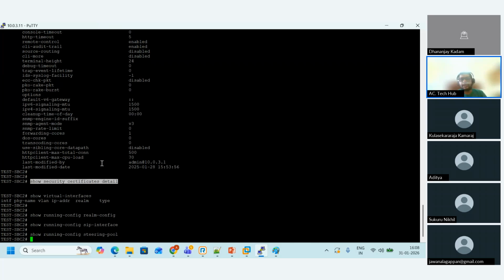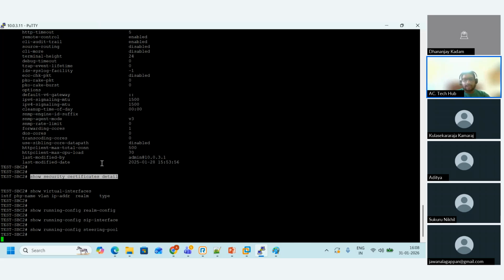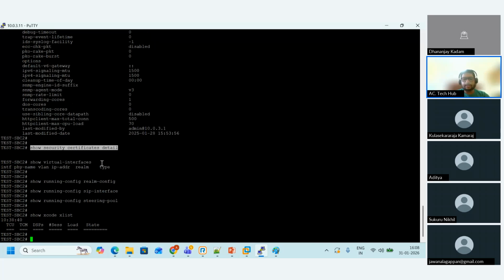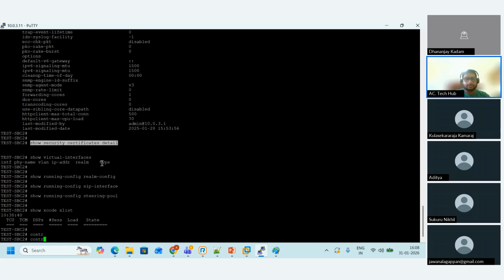So this is the command. Once you run it on your system, it will show you all the steering pool configuration for your customers, and the IP and port ranges there. And then show xcode list. I don't have any DSP enabled as of now. And then the control, sorry,